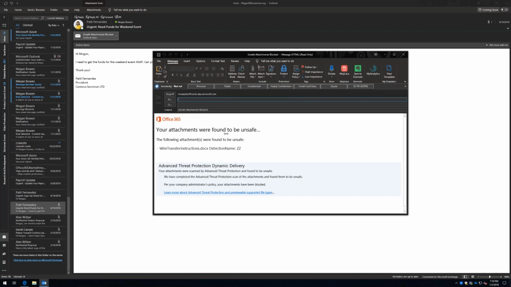As we know, end users, they're in a hurry. They will just click on the attachment, especially if it's coming from Patty, your boss, and you may not think twice. And so this actually removes that capability from the user, and it kind of protects them against themselves, if you will. And so here it is, it's stripped it out. That's ATP safe attachments.